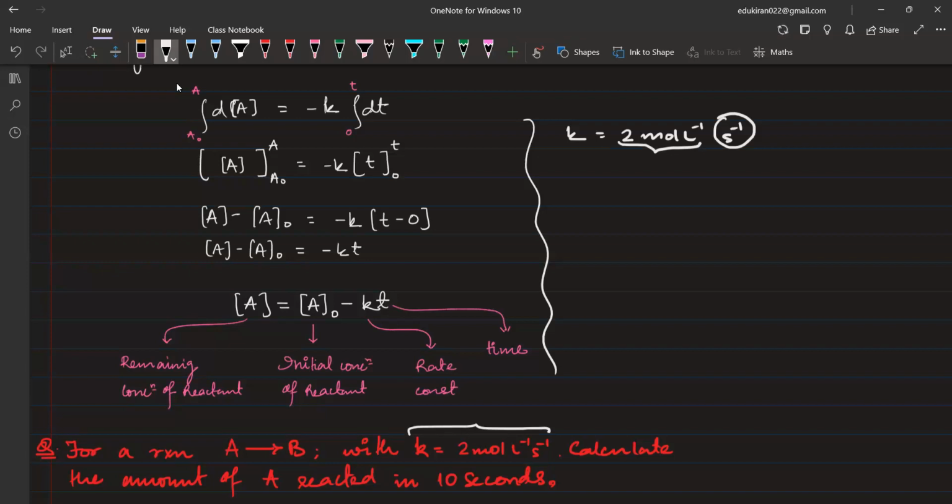बात समझ में आ रही है? ये सुनो, रेट कांस्टेंट। Yes sir. Yes. है ना। अब बताइए, जब 2 मोल्स पर लीटर is reacting in 1 सेकेंड, then 10 सेकेंड में कितना रिएक्ट करेगा? 20 मोल्स पर लीटर। आंसर आ गया।